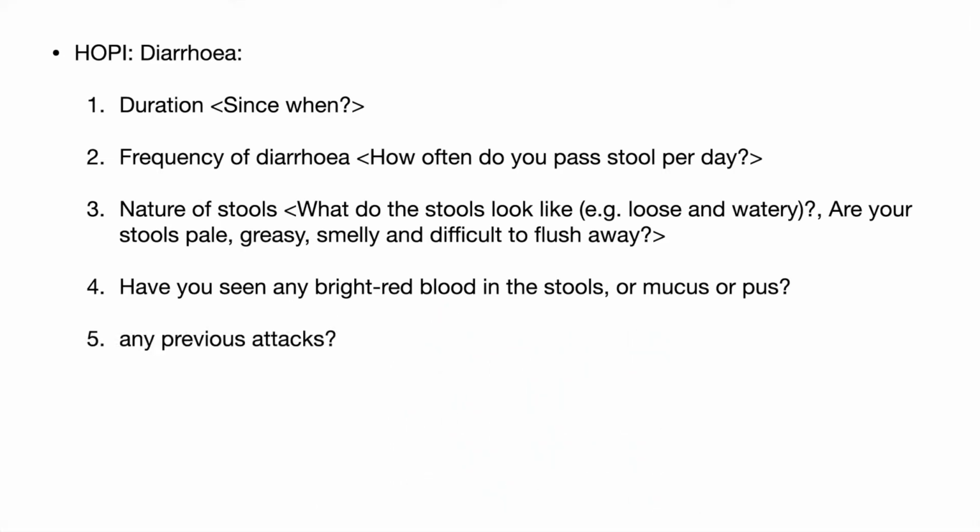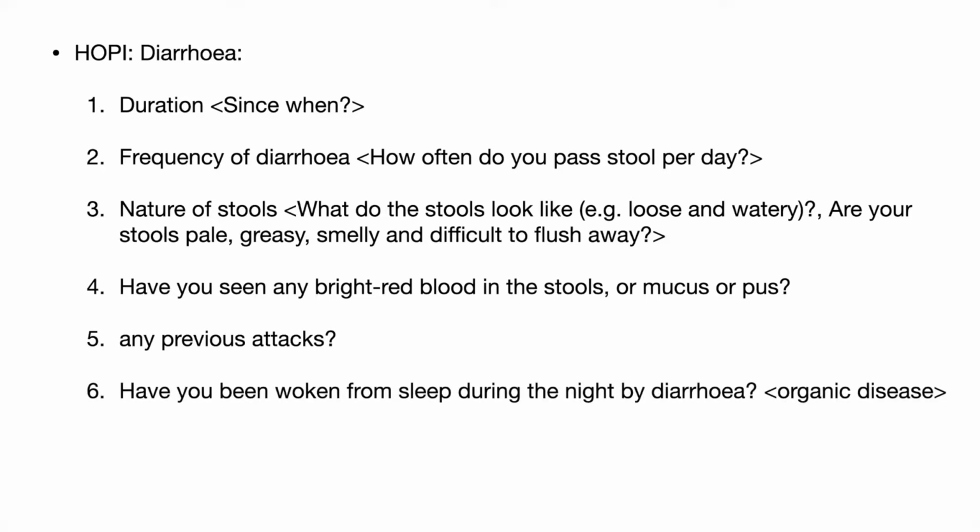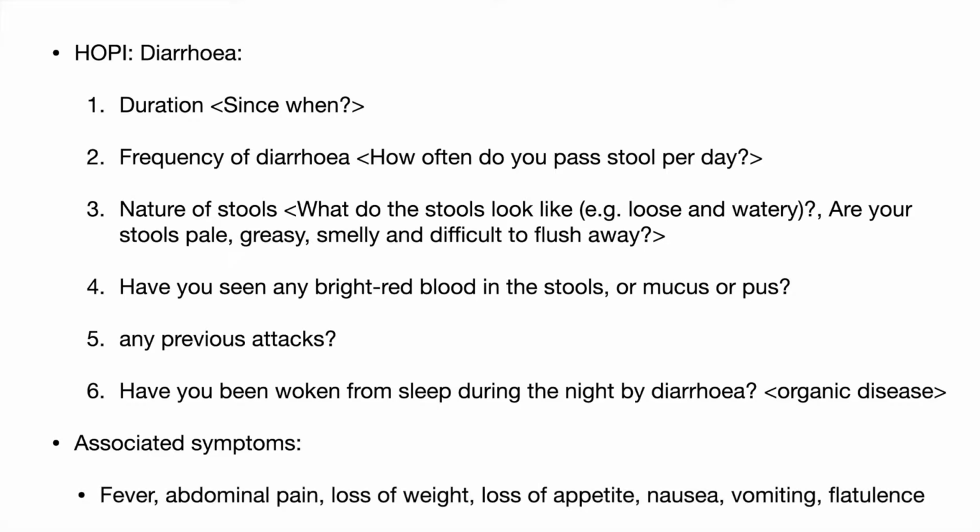Then you need to ask if the person has had similar episodes in the past. Then ask, have you been woken from sleep during the night by diarrhea? This is usually positive in organic diseases, whereas in functional bowel disorders such as irritable bowel syndrome, the sleep is not affected. Then in associated symptoms, you can ask about general symptoms such as fever, loss of appetite, loss